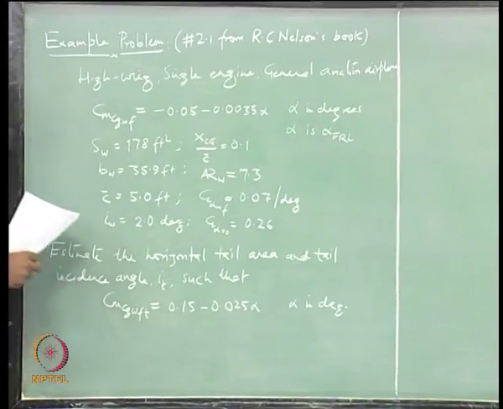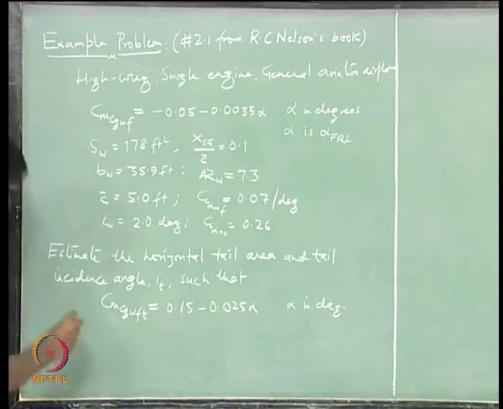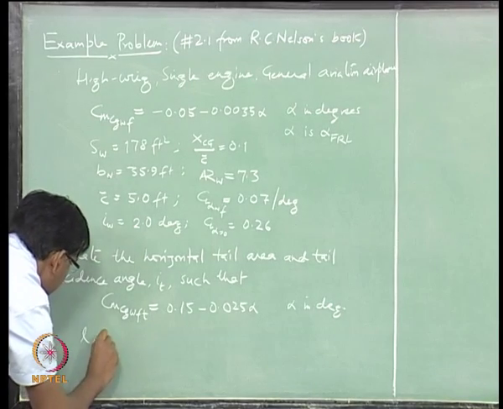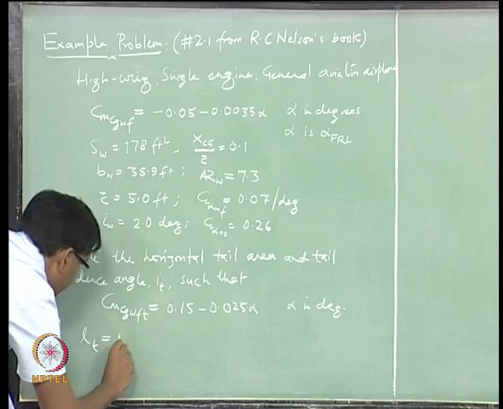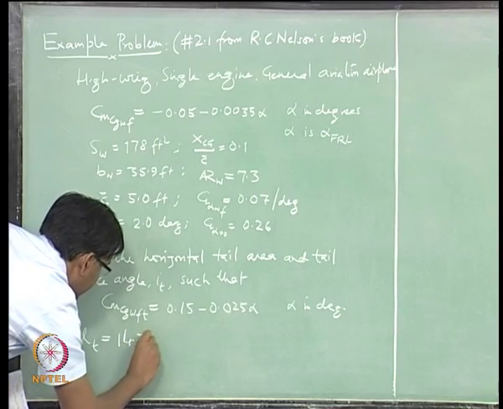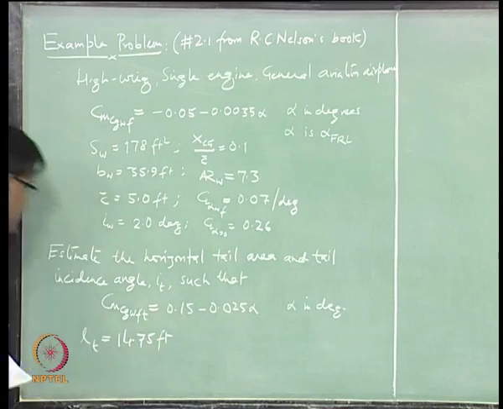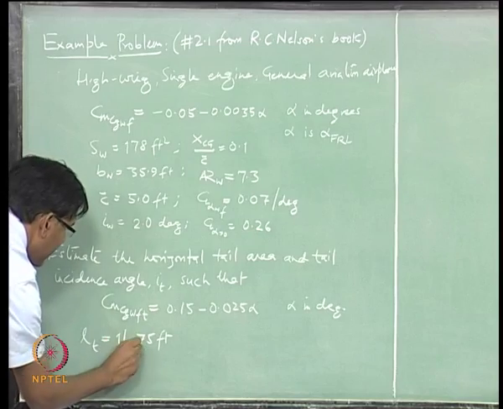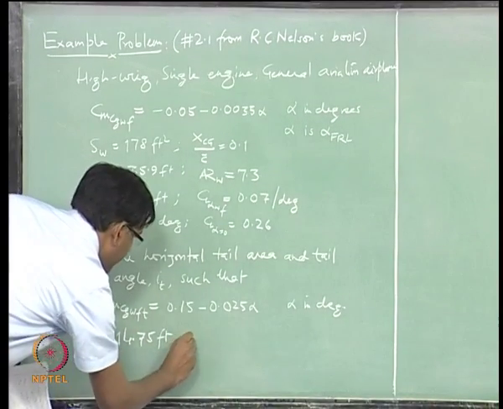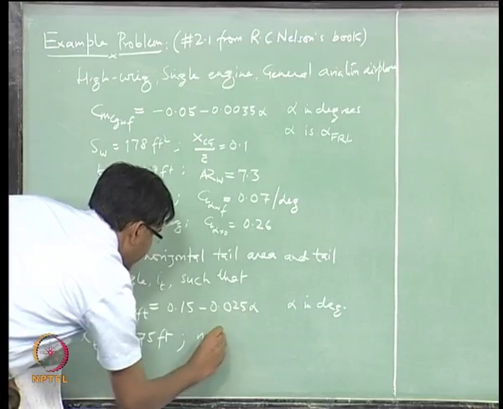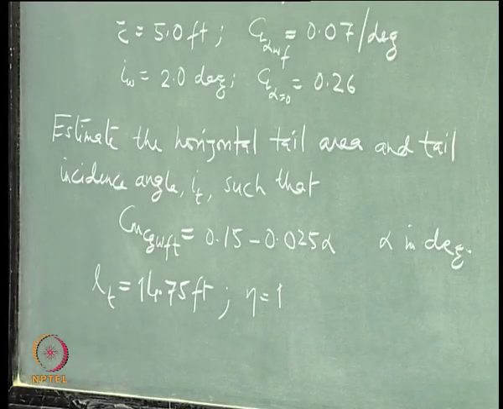Okay. Other parameters that are given are these. So, assuming tail efficiency to be 1,